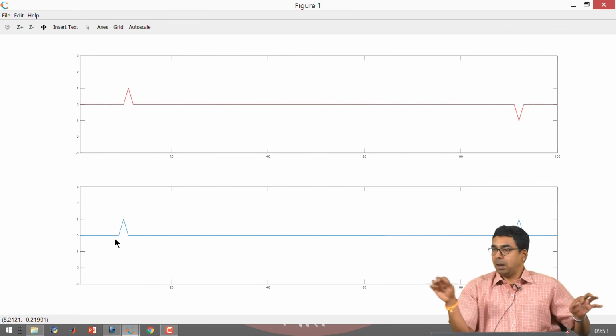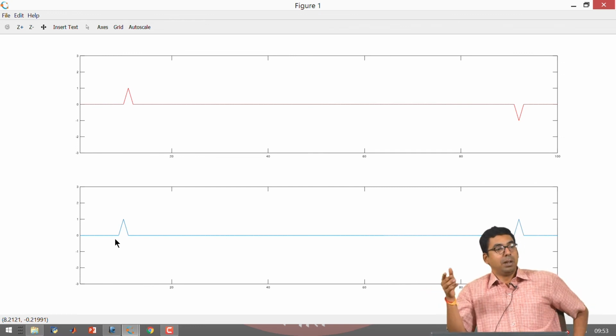You can have a 1 kilometer long transmission line, and I want to figure out if there is an open circuit or a short circuit. All I do is send a pulse, I wait for the reflection. When the reflection is positive, I can make out something. The reflection is flipped, I can figure out something. All right. So this is practically used to detect faults in cables actually.